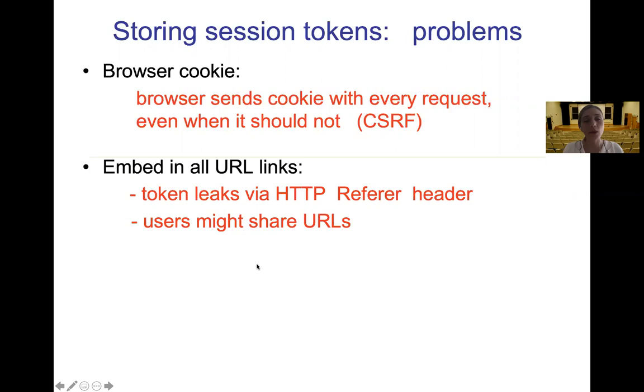All right, so the other problem is that the token leaks via the HTTP referrer header. I mentioned that when you do an HTTP GET request, there's always this referrer header that the browser includes that says on which page you were when you did this request. For example, if I'm on bank.com and I click a link to,